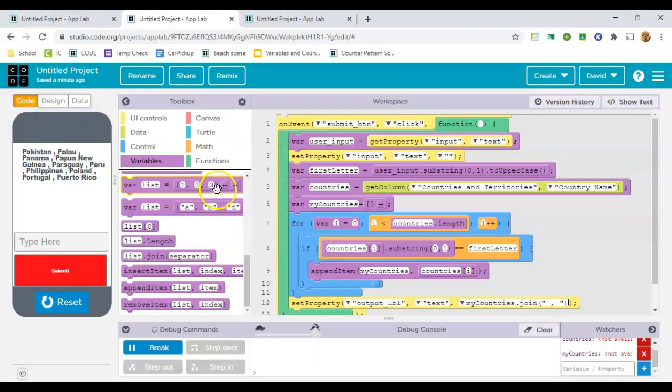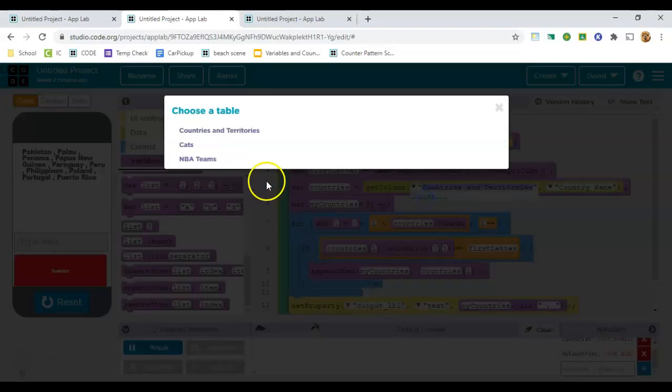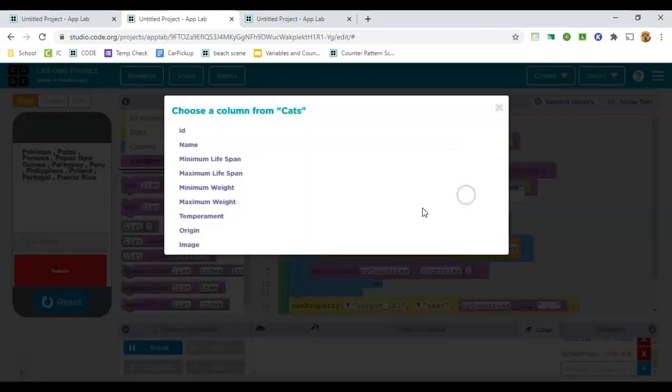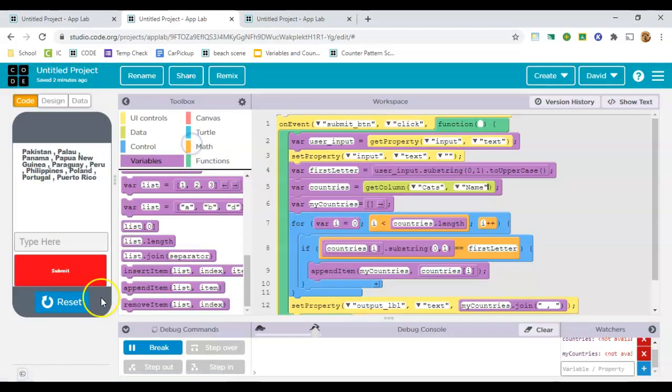All right. So back in the code, the only thing we have to change is this get column. Just get a column from a different one. Let's do cats, and let's choose name. And that's it. So if we type in A, it's going to give us all the cats that start with A. If we type J and T,